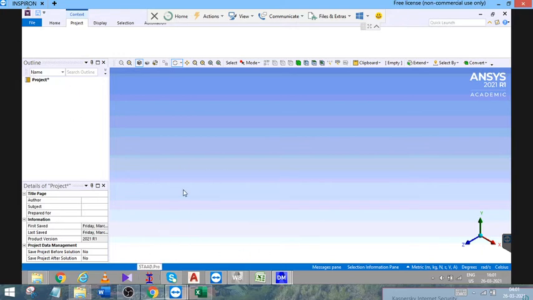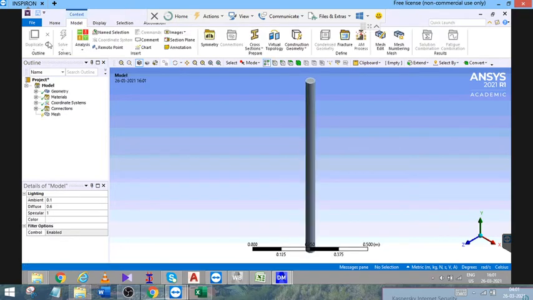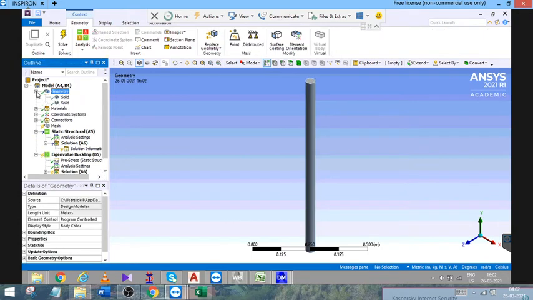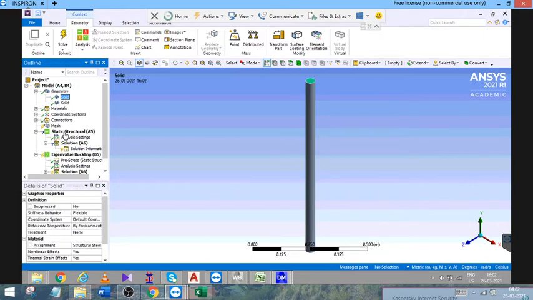So this is the modeling window where you will be mentioning the concrete and structural steel materials, the mesh size, what kind of supports and conditions, and in which direction the force is acting. All the data will be mentioned here, and solutions will be done.